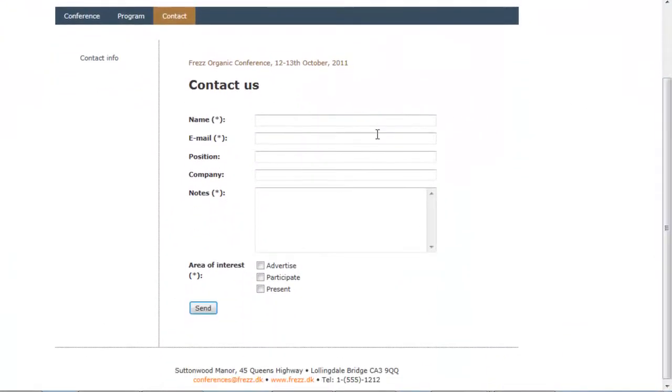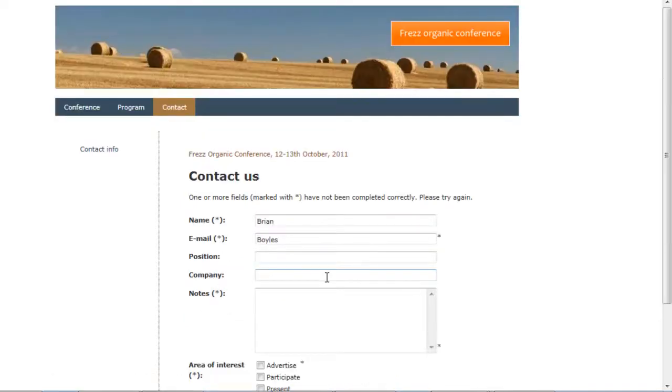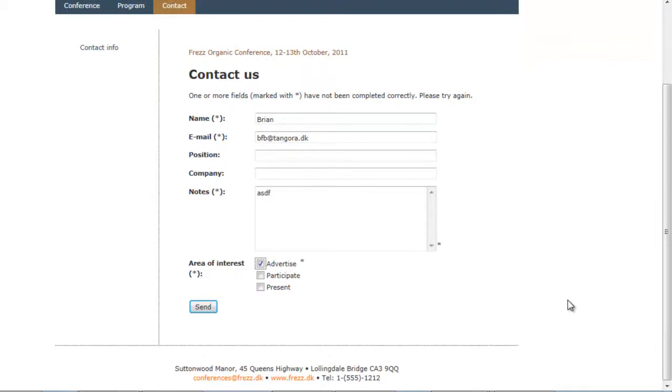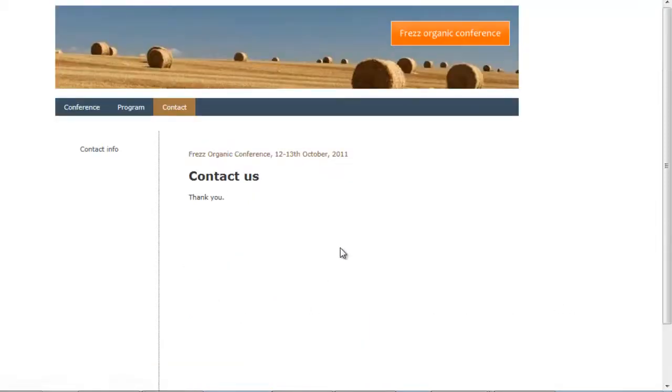A classic example of a field that might not be filled in correctly is an email which doesn't comply with the rules for email syntax, and Tangora can automatically see if it does or not. So let's say I entered a name and then entered my last name in the email field by mistake and then tried to submit. Well, the system gives me an error message. If I correct this and hit send, then I still get the error message, and the reason for this is that there's some fields which I need to fill out in order to submit the form. Once I've filled in all of the required fields, I'll then get a thank you message.